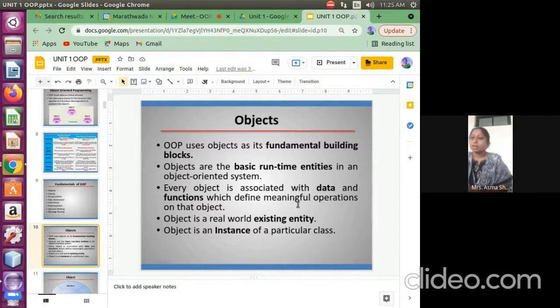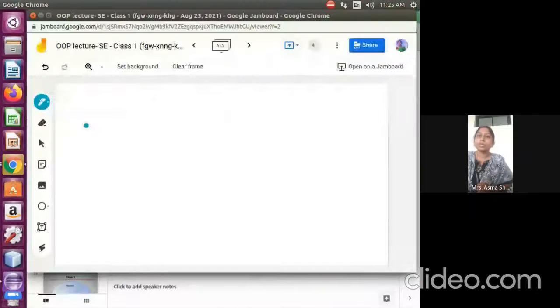So every object is associated with data and the function, which defines the meaningful operations on the object. Meaningful operation means that if my data is, okay, we have the attributes. I told you the student will require the attributes. How many attributes, students? You can tell me now.